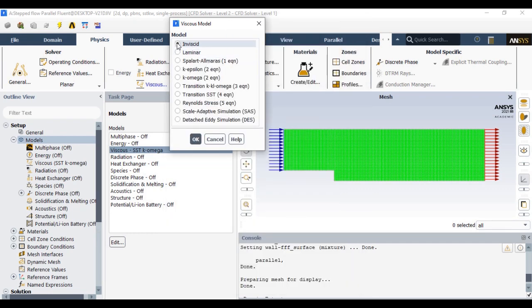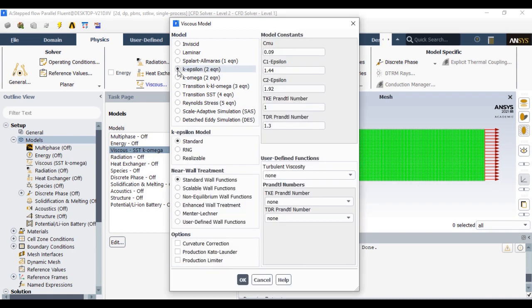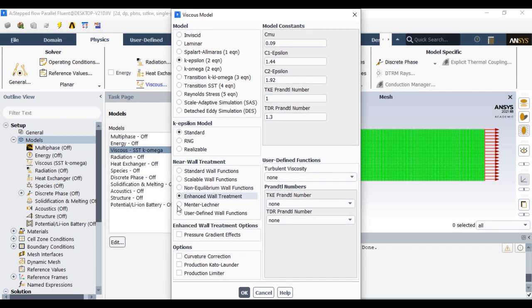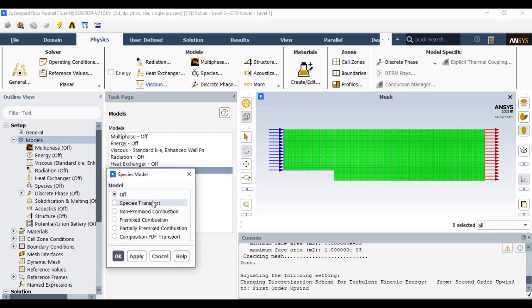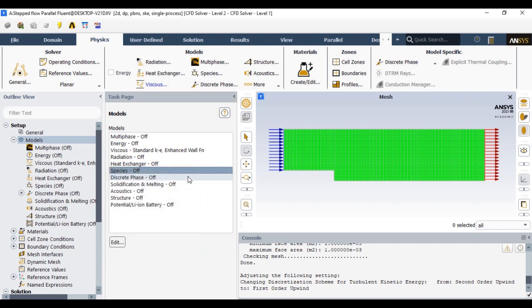The inviscid model considers ideal flow. Then for laminar flow we have the laminar option only, and for turbulent flow we have several options available, from k-epsilon to DES, and for 3D we have large eddy simulation. For the sake of simplicity we can simply start with the k-epsilon standard model. Now if you wish to simulate combustion kind of activity, you enable species, and likewise for acoustics. All these models you have to select appropriately according to your physics.